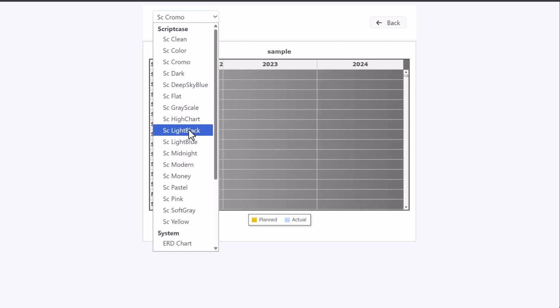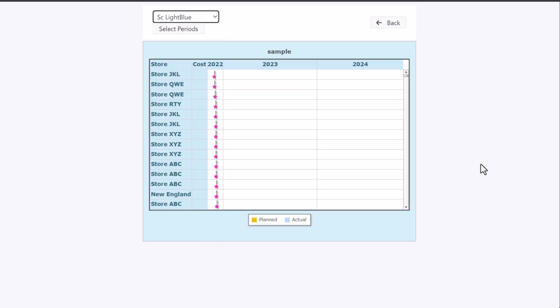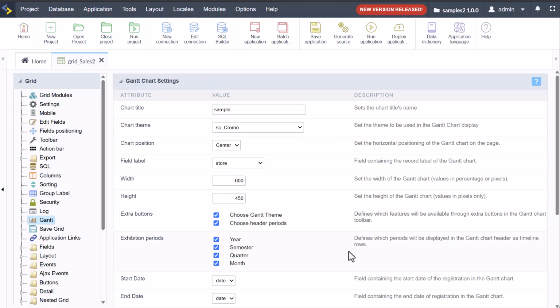I definitely do like that we can change the theme for this now, and that is then applied within our application, and that can then match our other applications, which is pretty damn important, right? The period functionality is quite nice as well, so that you can change the period on the fly. So with the Gantt chart, we then also have